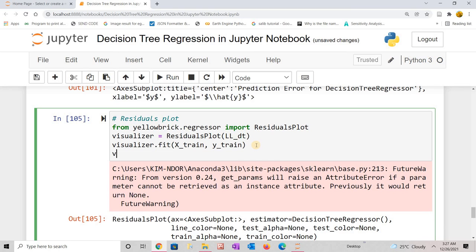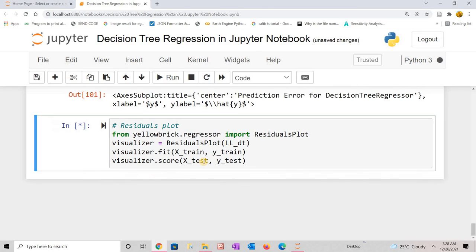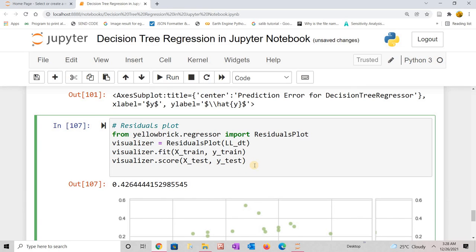And we have the score on the testing, on X test and Y test. T is missing here. And then